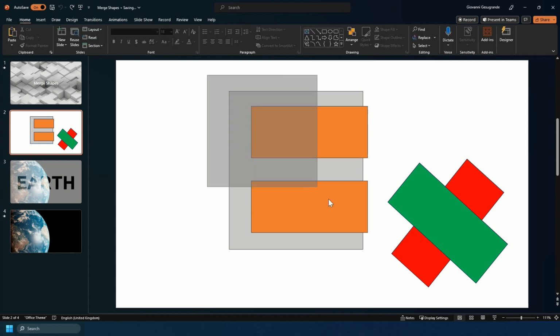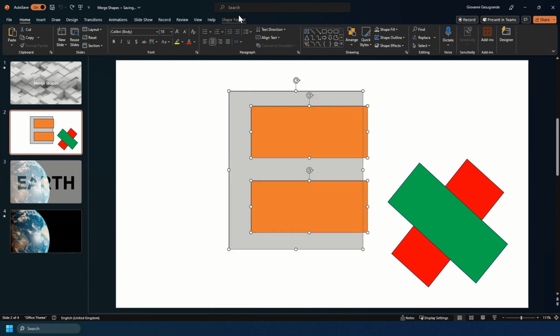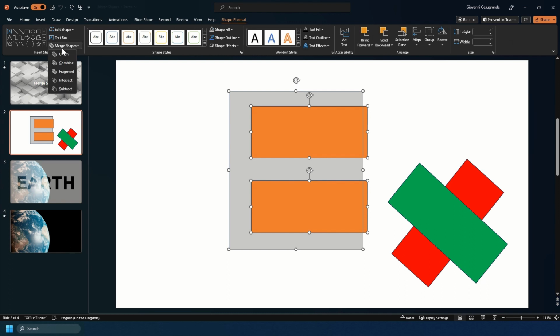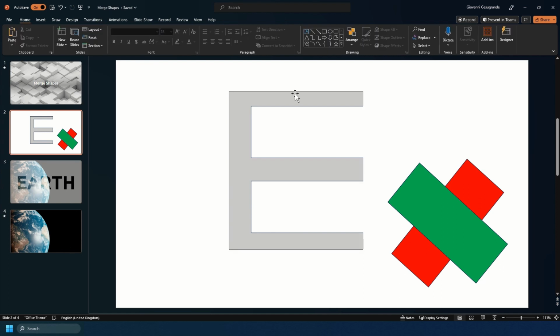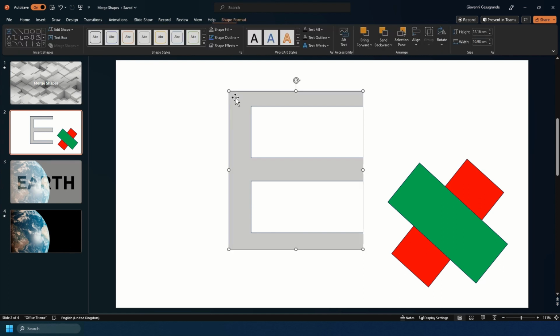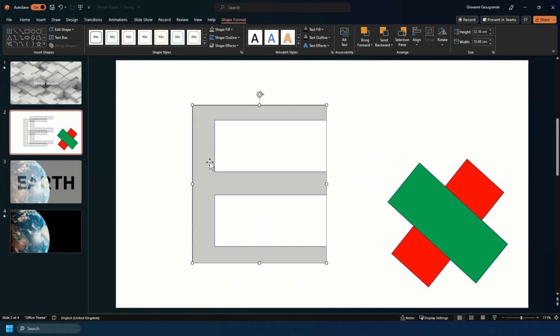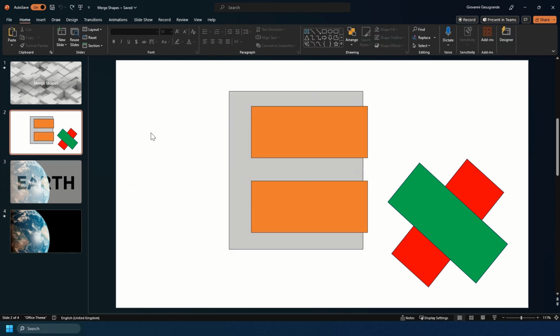And then the final one, which is one that I sometimes use quite a lot, which is subtract, which removes shapes from one of your shapes. So as you see here, I've now got the grey back and I've got a grey E that I've made out of rectangles. Now I'm going to show you it using other shapes because I'm conscious I'm only demonstrating it